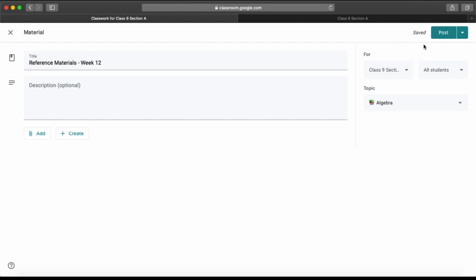Before that, I wanted to show you something. You can see it's showing as saved. So whatever changes you are making inside the page, it's already getting saved dynamically. You don't need to save those separately. Let me just show you one example. If I select calculus from here and I change it, you will see the change here. Yeah, it's showing saving and then saved. That is something you need to understand, that all the time whatever changes you are making, those are getting committed then and there. So let me select it back to algebra and click on post.